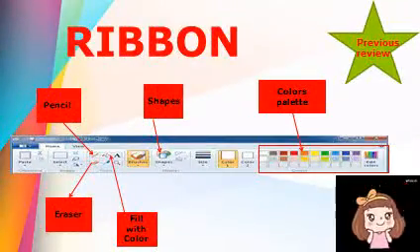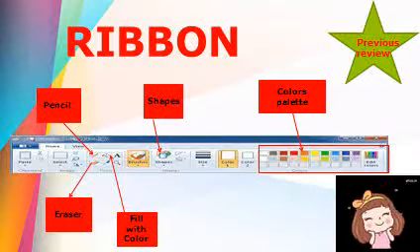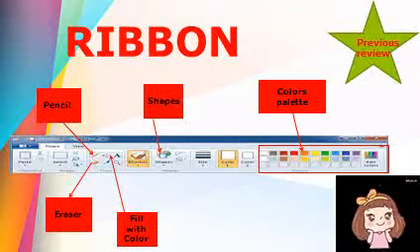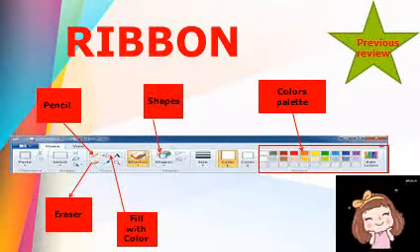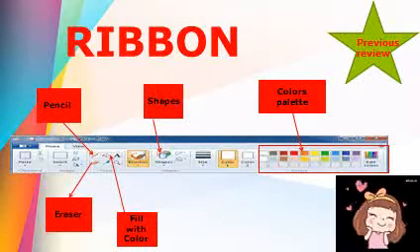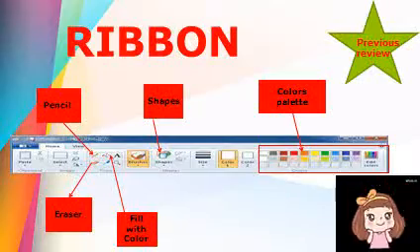This is called the ribbon on Paint. It is located on the top of the software. It contains all the necessary things to draw and color, like pencil, eraser, shapes, fill with color tool, color palette and much more. But I am giving here the review of some of them. Pencil. We can use it to draw freehand drawing. Eraser. We use this tool to erase something. Oval, rectangle and line tool. These are used to draw different shapes. And the fill with color tool is used to color your picture with the help of the color palette.